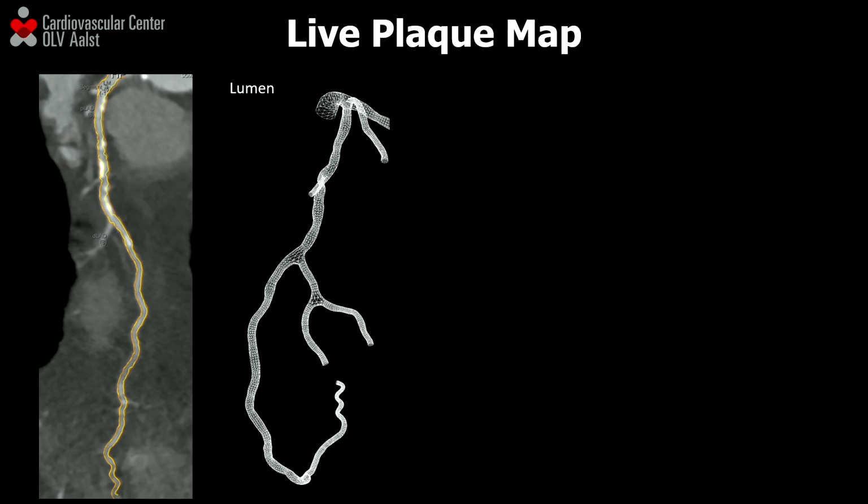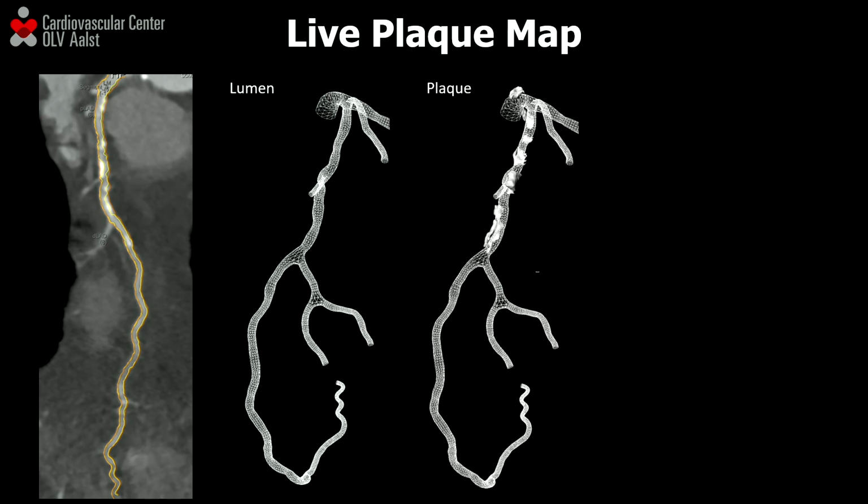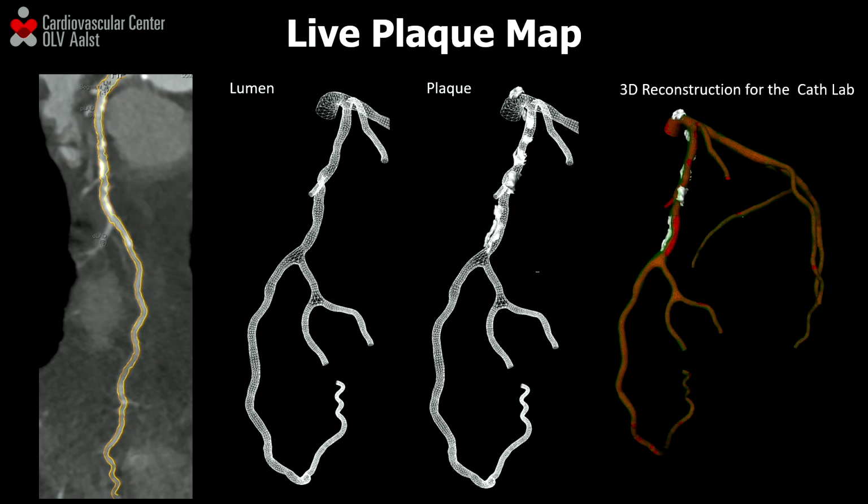This is for the imagers. This is for the radiologists. We need something faster and easier that we can look at, that's intuitive, and then we know what it is. So we start making a mesh of the lumen, and we decided, why don't we put the plaque on top of it? And then we start putting the plaque on top of these meshes, and we find this is the final